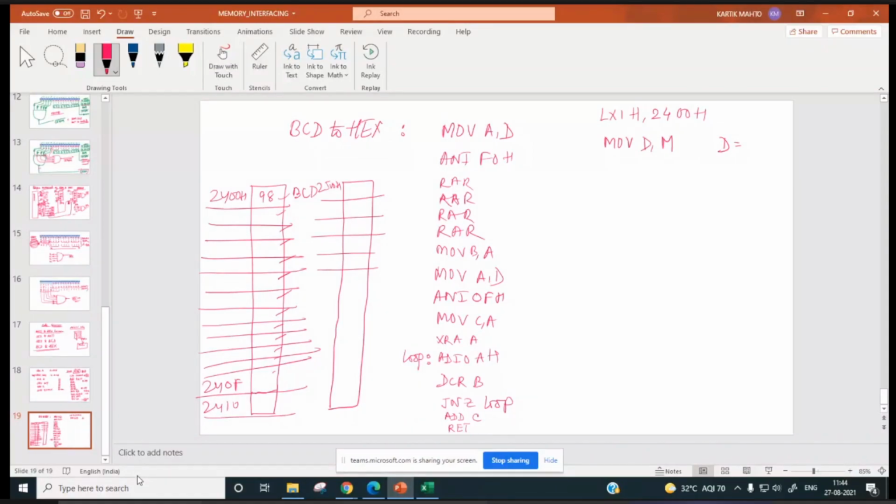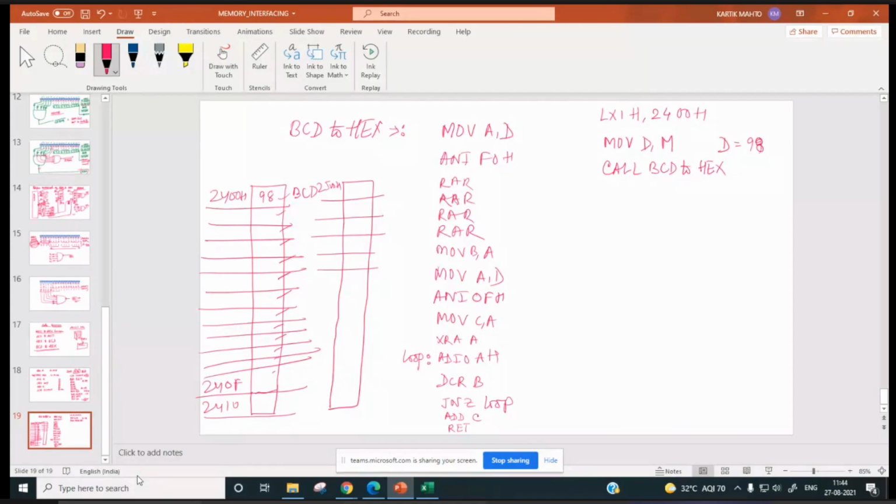Now if I do call BCD to hex, what will happen? Again, this subroutine will start. So from here it will go to this. Now it will be 98, no? Yes, sir, 98.